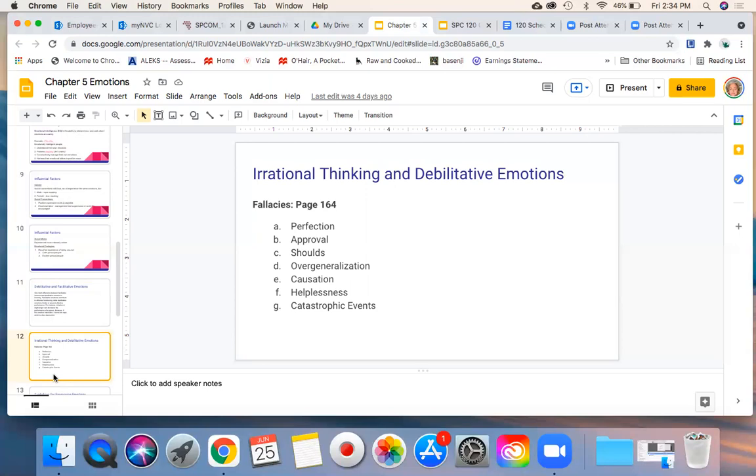Then C is the fallacy of shoulds, right? This is the inability to distinguish between what is and what should be. It really just creates unnecessary dissatisfaction with life. And I do mean unnecessary. Okay, so look at the examples in your book. I'll just give one: there should be no rain on weekends. Ha ha, right? It's a bummer if you have plans and it rains on your plans. But if you really get pretty deep in the shoulds, it's just a way to manufacture misery, right?